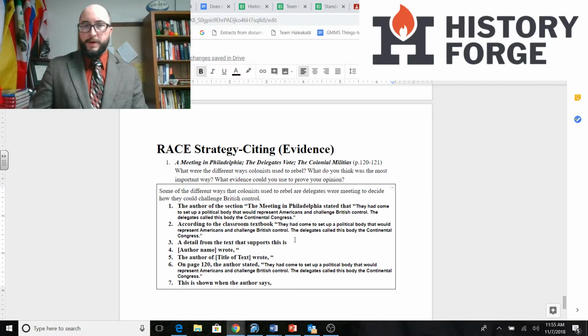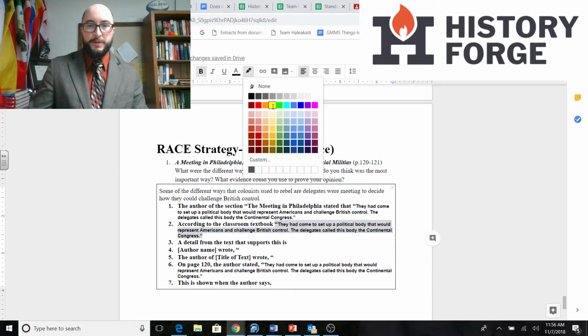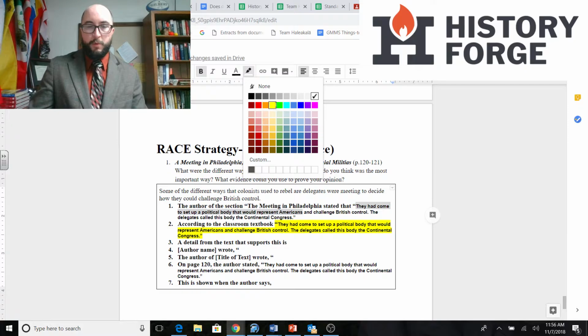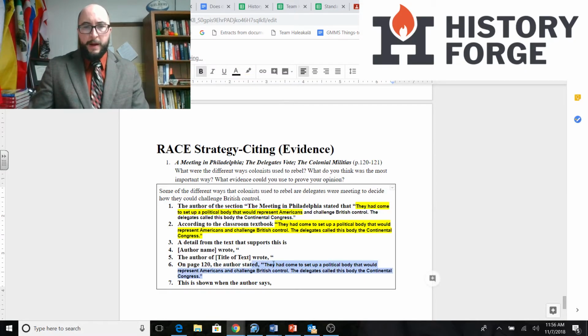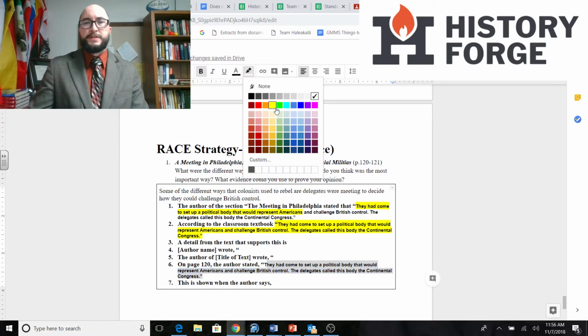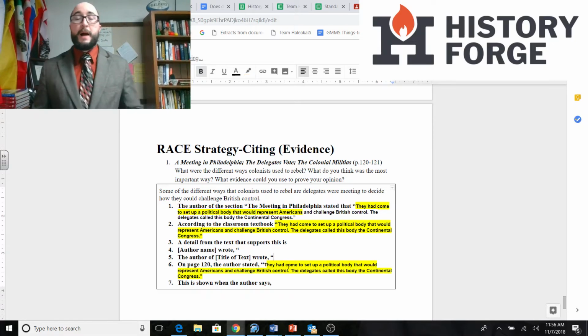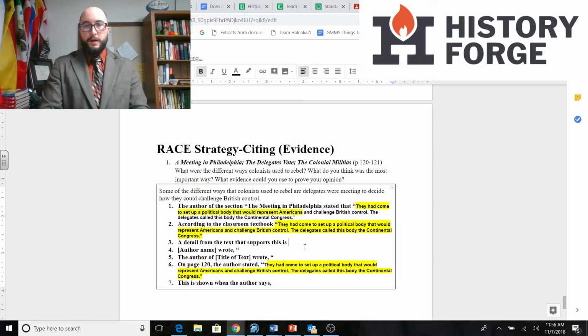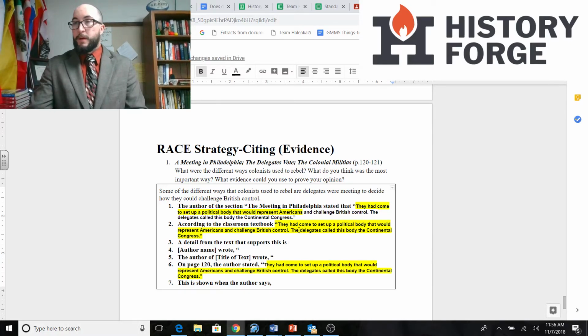Let's do a paraphrase now. So we did a bunch of quoting, so I can even highlight the ones here so you can see them. These are all the quotes that we did. It's all the same quote. Let's do a paraphrase now. So remember, a paraphrase is just us taking something complicated and making it more simple. So a detail from the text that supports this is, and we're going to use the exact same quote. How about that? We're going to paraphrase the exact same quote because honestly, the exact same quote uses language we